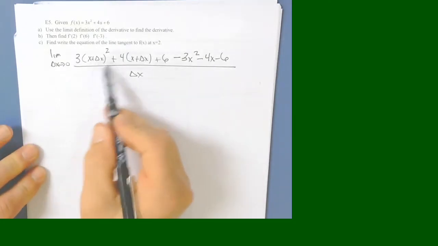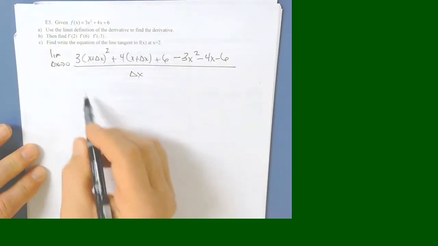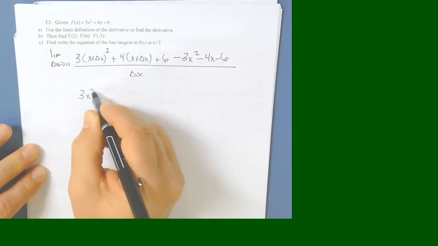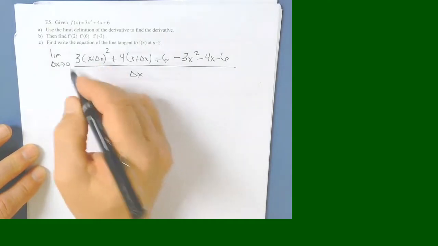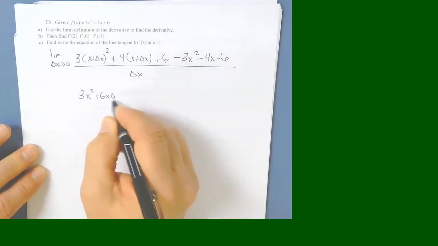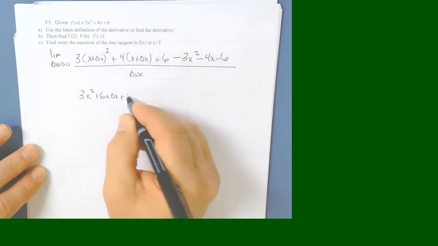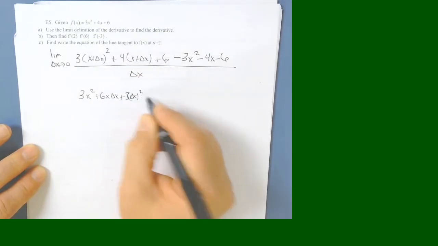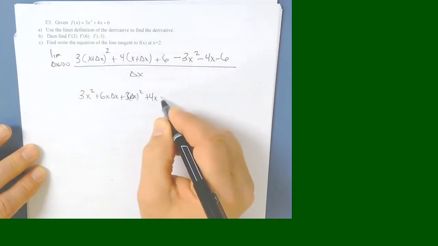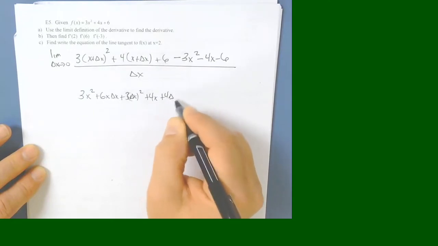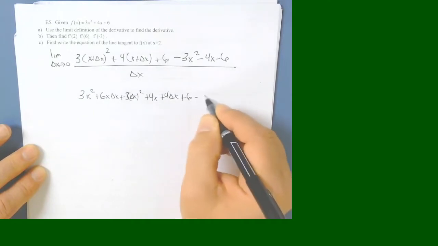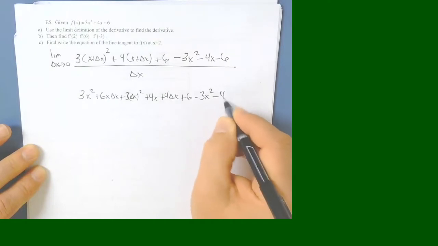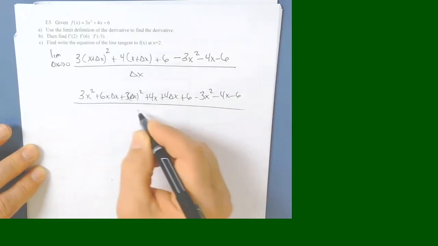I need to FOIL this. X squared times 3, 2x delta x times 3, plus 3 delta x squared, plus 4x, plus 4 delta x, plus 6, minus 3x squared, minus 4x, minus 6,